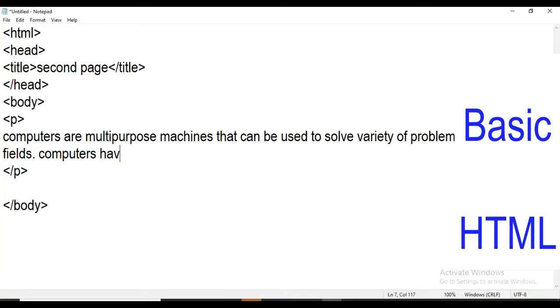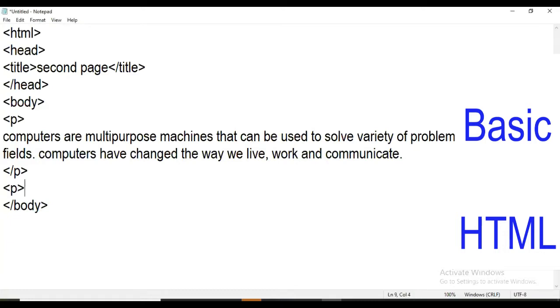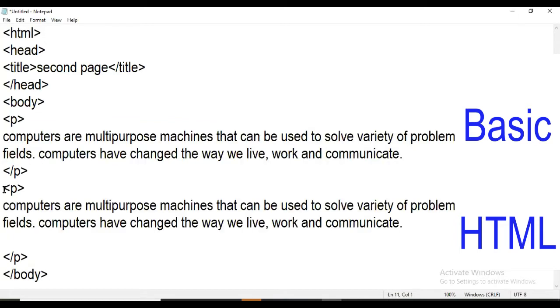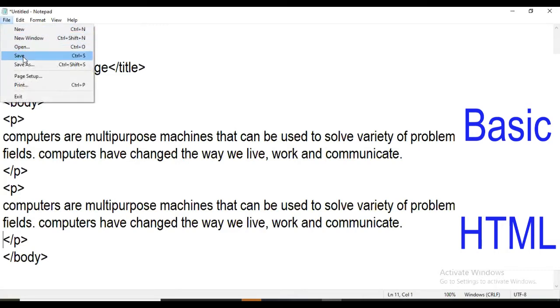Computers have changed the way we live, work, and communicate. Okay, so this is, for example, one paragraph. So I am opening another paragraph so that you can differentiate between two paragraphs, how this effect is working. So these are two paragraphs. This is first and this is second one. So now I am saving this file.